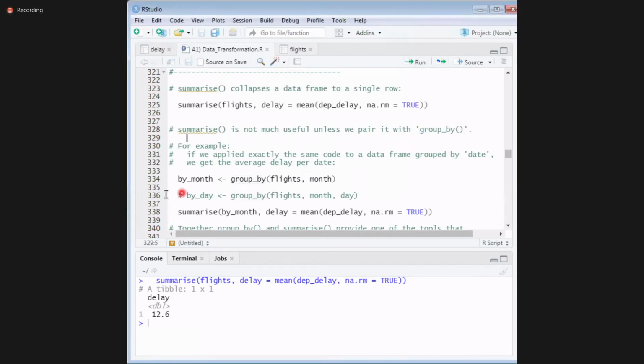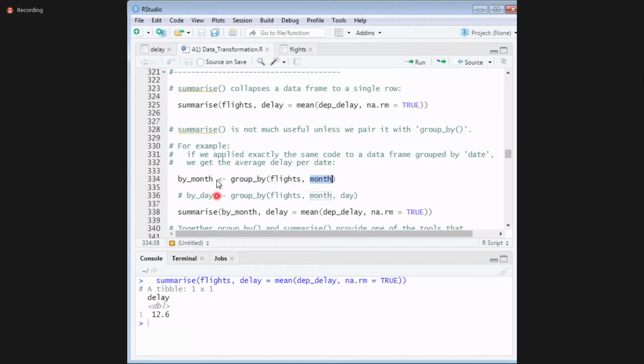First, I am grouping the data based on months, using the group_by function, from the flights data frame. I want to group by month. For this I'm giving a new name, by month.